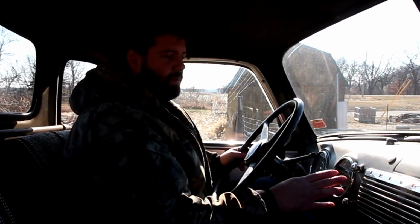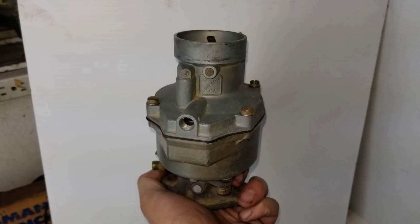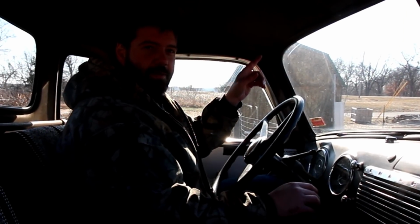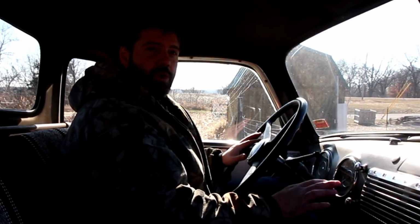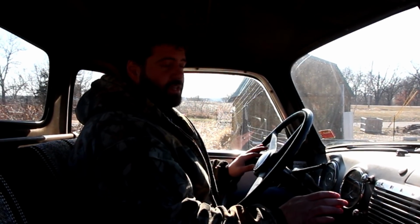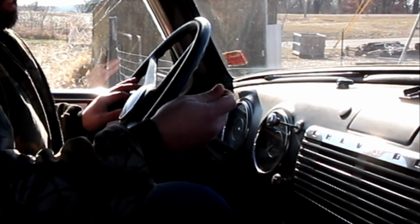In the summertime, whenever I go to start this thing, I never have to choke it. I rebuilt that carburetor. Actually, my son and I rebuilt that carburetor. If you haven't seen that video, I'll link it right up there. But I never have to choke the thing, and it cranks right over and fires right up. In the wintertime, I've had to choke it, but usually it starts up pretty good. So pull that choke out,